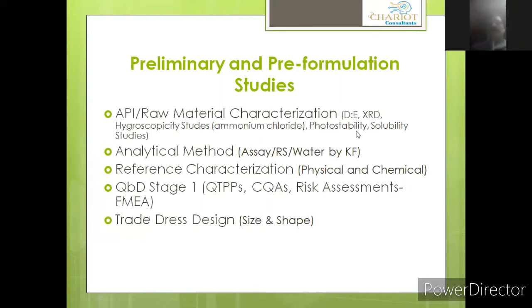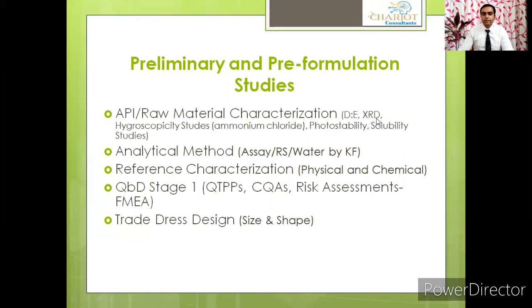dry mix as well as the mix in which you add some kind of moisture, just to see the impact of moisture on your API-SA values or the impurity levels. Your XRD you have to do, because if sometimes the patent has claimed a particular polymorph, then as a non-infringing strategy, you need to evaluate that your 2 theta values or intensity does not match with the values claimed in the patent by the innovator.